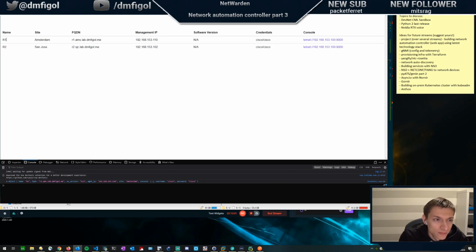So we are pulling device name and site. We are forming this FQDN dynamically. We pull this from NetBox. We also pull these credentials using NetBox secrets. And this console is currently static. So we pull a bunch of things from NetBox. I will have to figure out in NetBox how I can represent the console ports, so we can tackle this next time. And obviously software version. I'm really curious about adding RESTCONF directly here, so on a refresh I can get this data, and you can see how fast